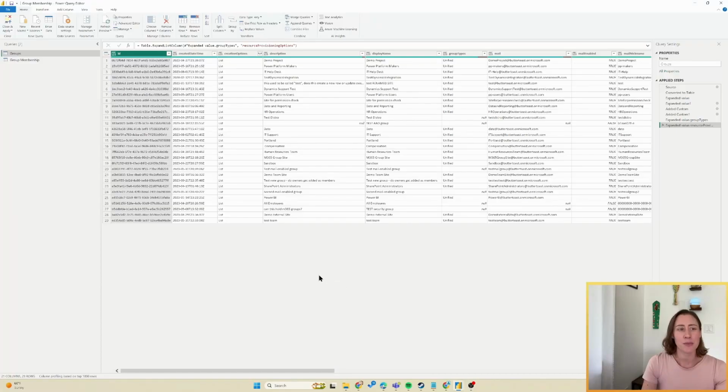Hi there, we're going to be getting Microsoft 365 group data today. So group members, group owners, and information about groups, and pulling it into Power BI to do reporting with. And to give you an idea what kind of data is returned from Power Automate, this is a query of